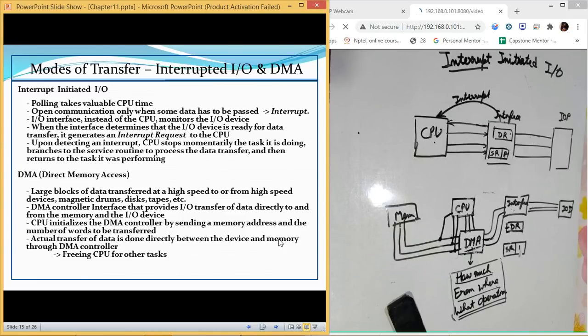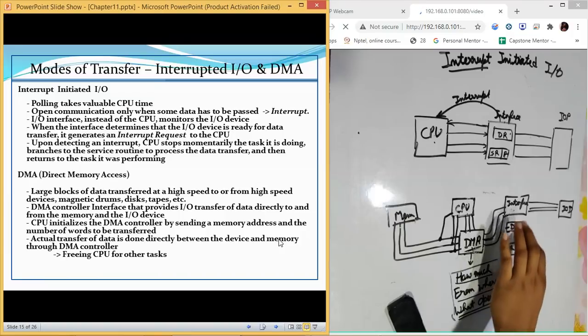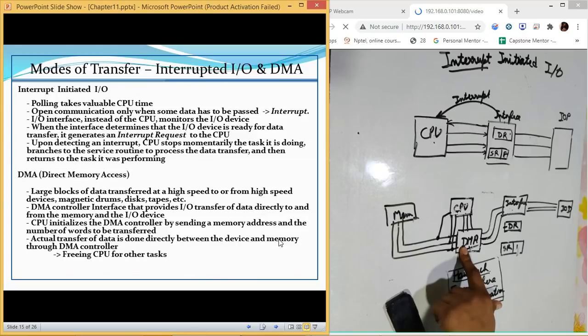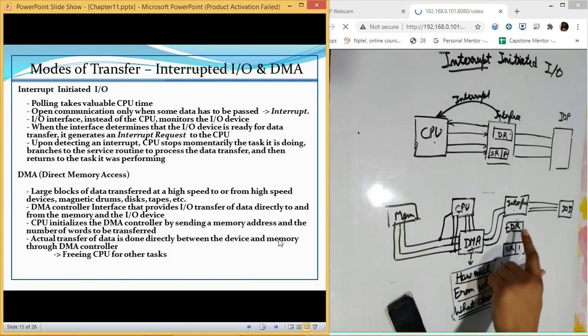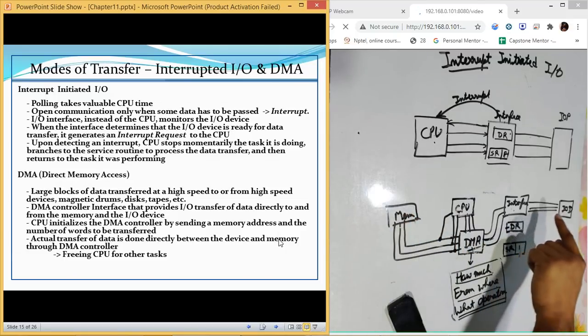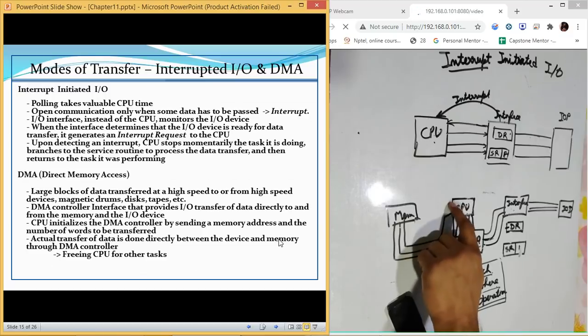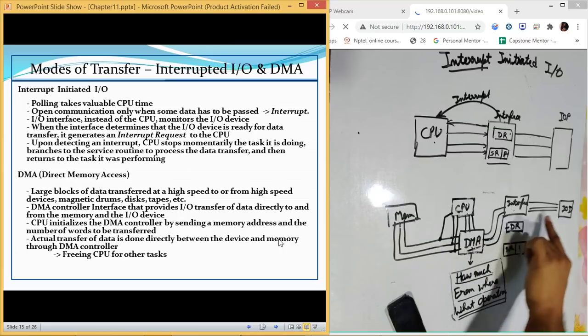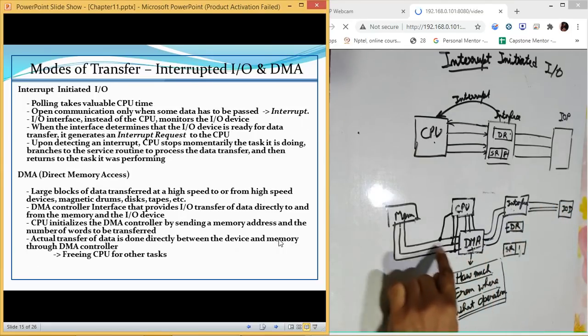Large blocks of data are transferred at a high speed to or from high speed devices. Now these are high speed, but they are not as fast as your CPU. The DMA controller interface provides input output transfer of data directly to and from memory and input output devices instead of the CPU. So it is not going to contact the CPU. It will allow this access of data from this side to this.